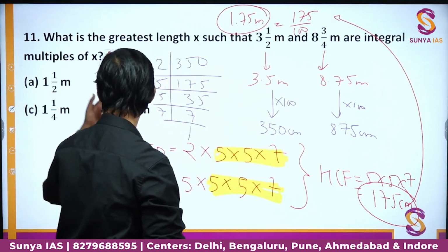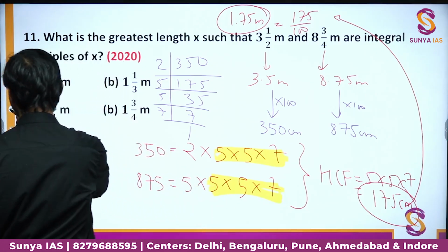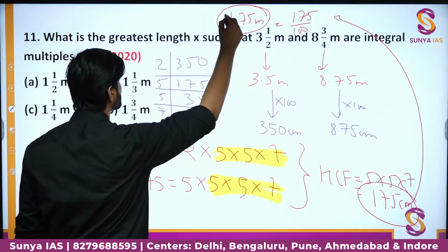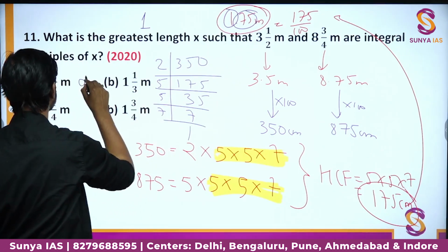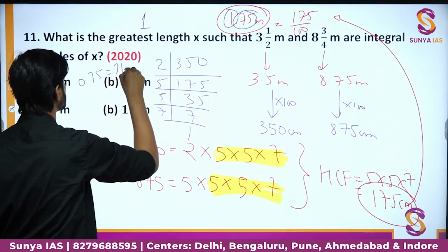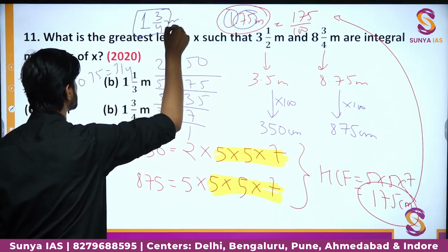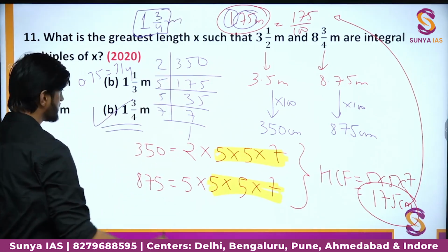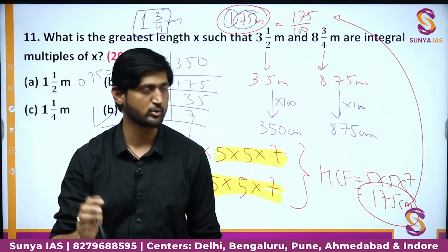But even then the answers are in the form of a fraction and not a decimal. So you can simply say here the 1 will stay as it is, and the 0.75 part, 0.75 is nothing but 3 by 4. So we can write it like this, 3 by 4. So 1 3 by 4 meter is going to be the correct answer in this case. That is option number D is going to be the correct option for this particular question.